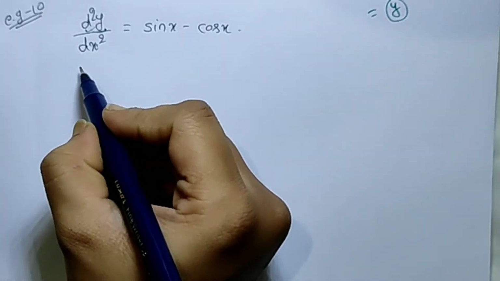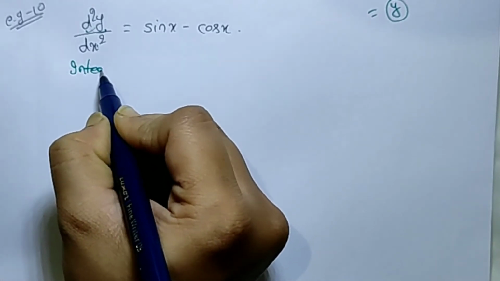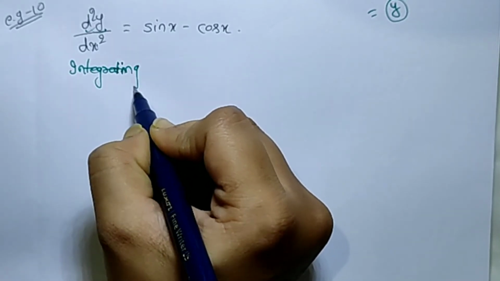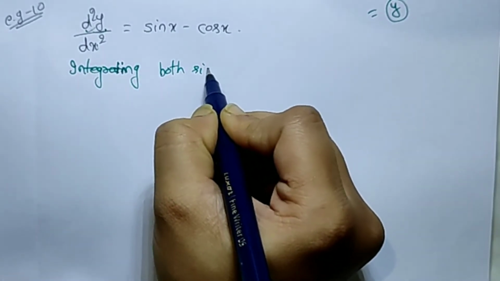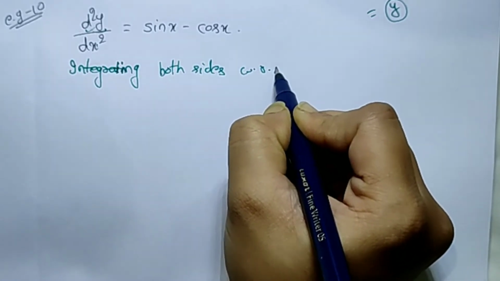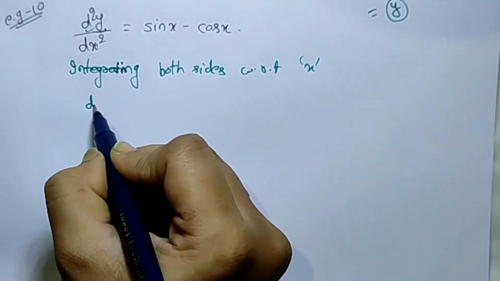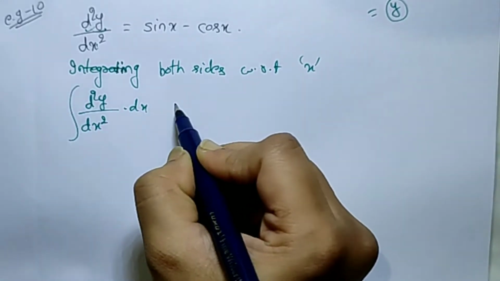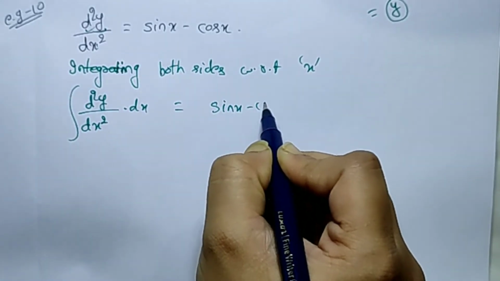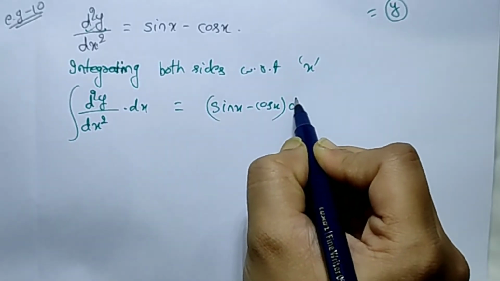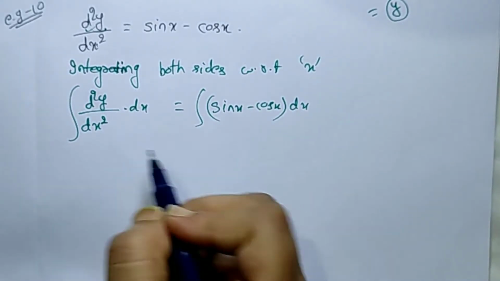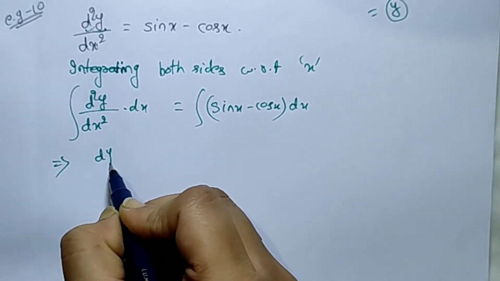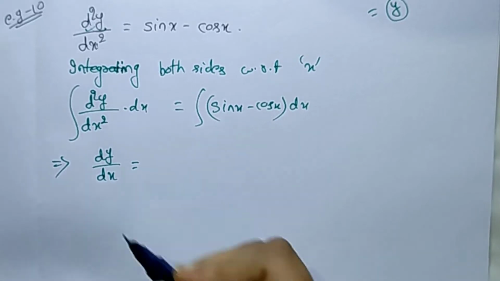Now integrating both sides with respect to x, d square y by dx square into dx integration is equal to sin x minus cos x into dx integration. This implies that the second order derivative with one integration will give the first order derivative, which is equal to